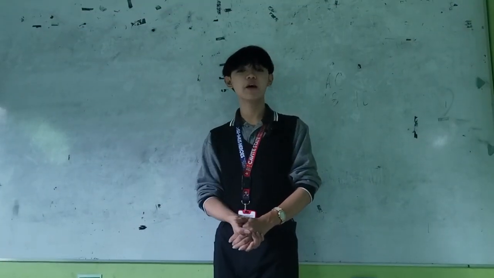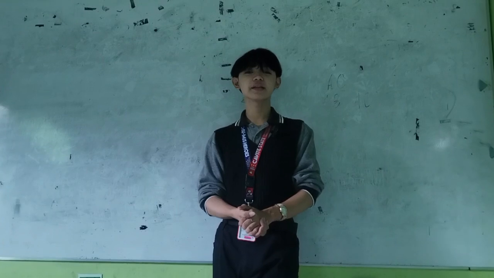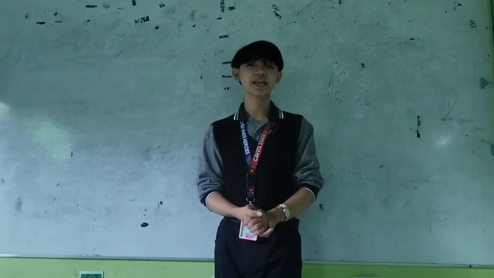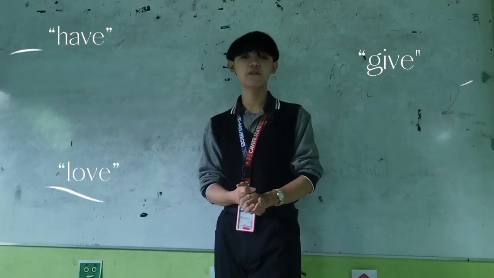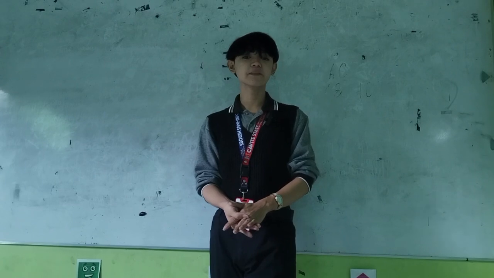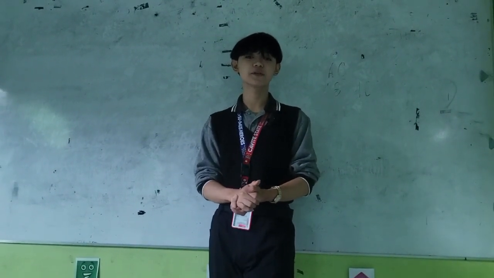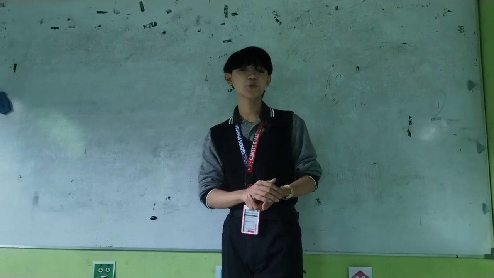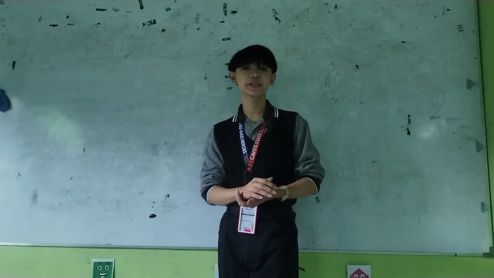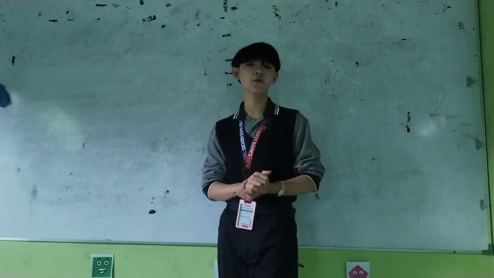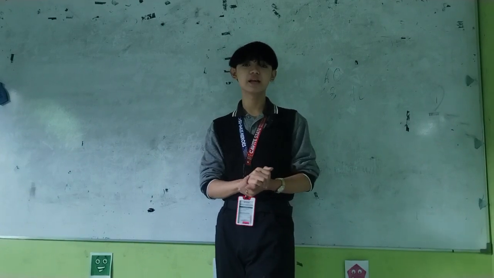But we also have rebel words where silent E doesn't work. Words like have, give, and love. The silent E doesn't make the vowel long. These rebels keep the vowel short. In other words, it is really complex to understand because some words follow the silent E rule and others don't.